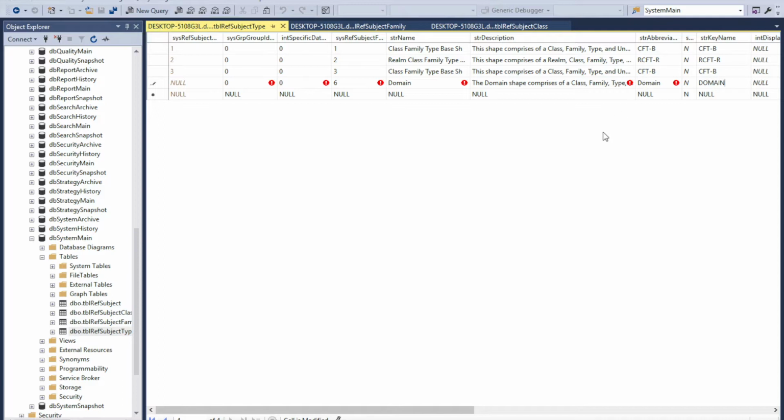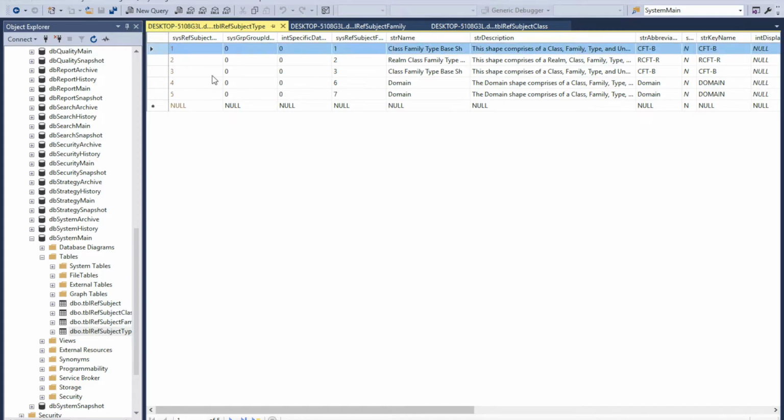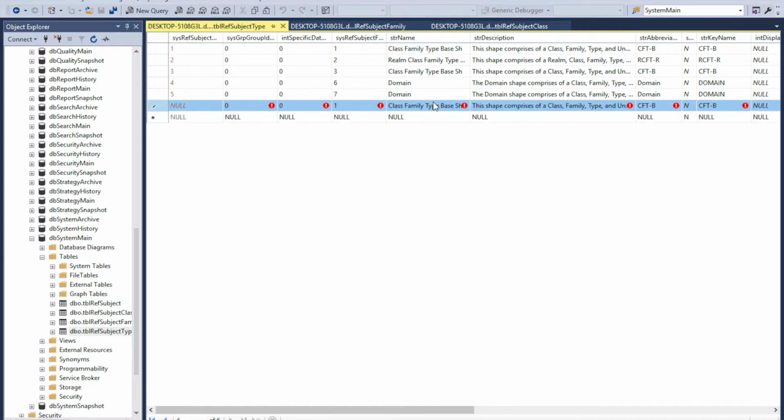We'll do domain for the abbreviation and domain just to keep it consistent. I'm going to add this to the group also just because we're here. And then lastly, the last shape is the shared attribute shape, which is under the reference. And this shape contains or comprises